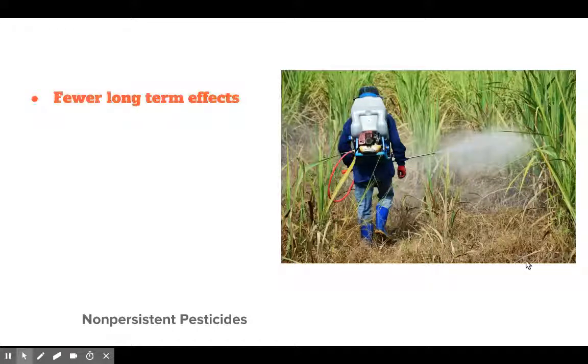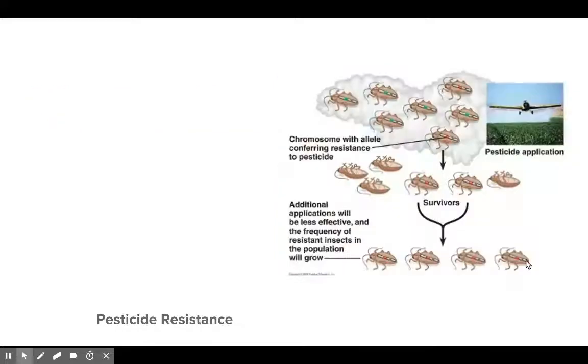Non-persistent pesticides, so these don't hang around, which is a good thing, but you do have to apply them more often because they're not going to be sticking around killing the pests. So what we will get, though, is this pesticide resistance, and going back to your biology class with alleles and being passed down to the offspring. When you apply a pesticide, you're going to kill a majority of the pests. But again, remember, there's going to be